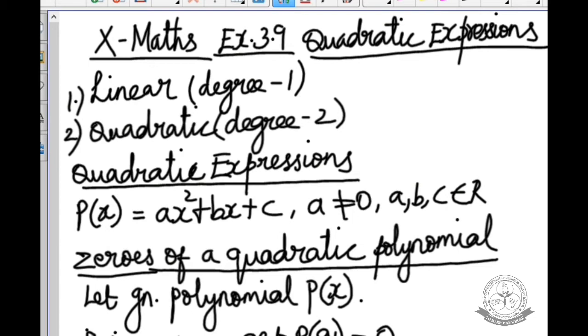In the given polynomial, when you substitute a number for x and you get the answer 0, it is known as the zero of the polynomial for x equal to a. We get the answer for x equal to a, we get p of a equal to 0. P of a equal to 0 means x equal to a is called the zero, or zeros, of the polynomial.